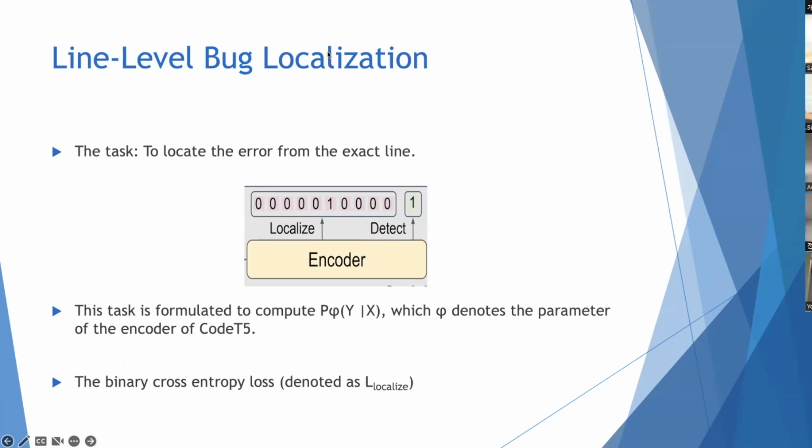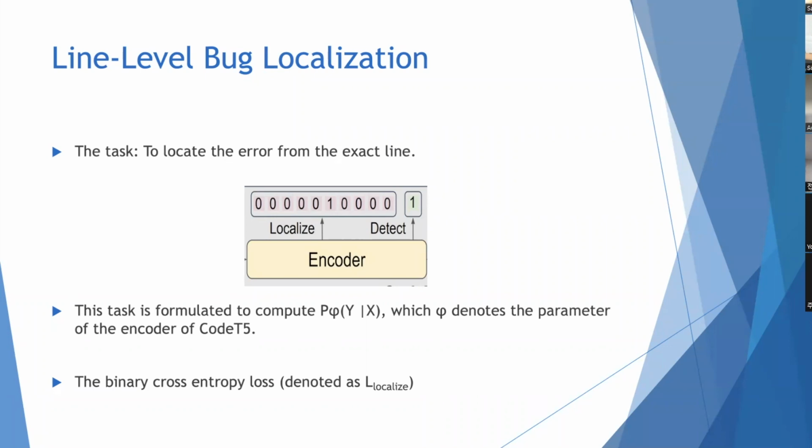So Mingi's question is, if you take codes with different numbers of lines, then the output of the model should be vectors of a different size, right? If the input code has 10 lines, then the output should be a one-hot vector of size 10. And if the code contains more than 10 lines, then the vector should be larger than the previous one, right? How does the model produce this kind of variable-length output? That was, I think, Mingi's first question.